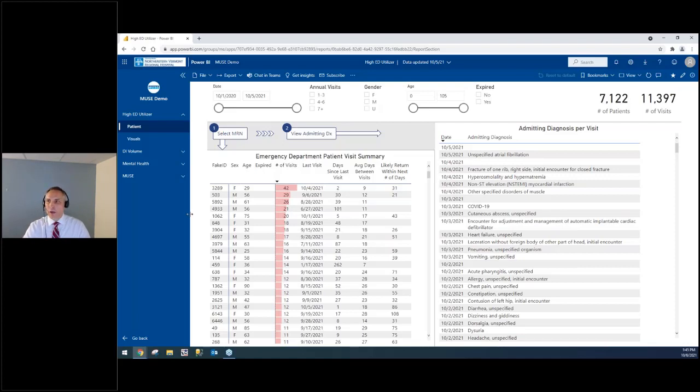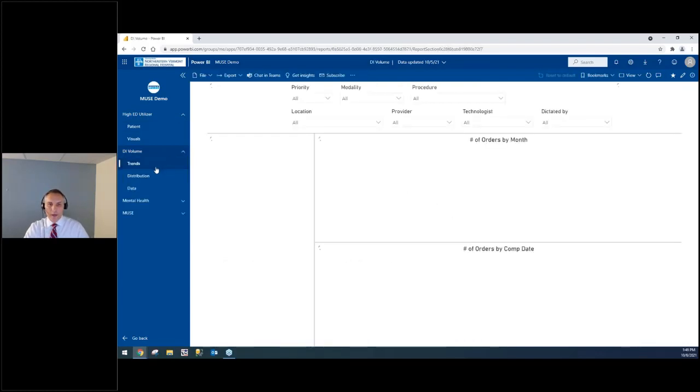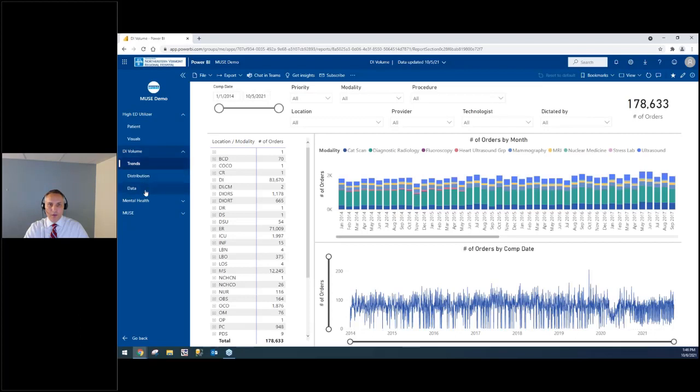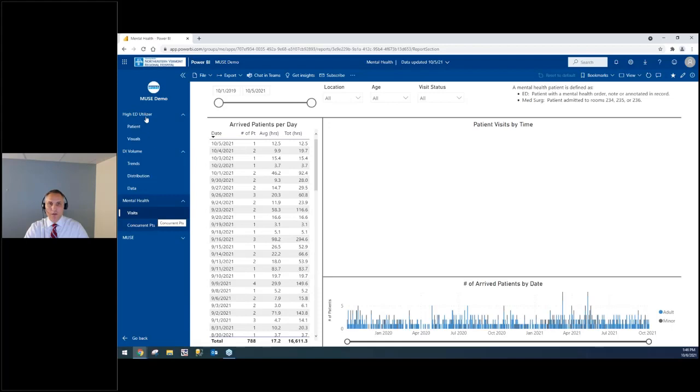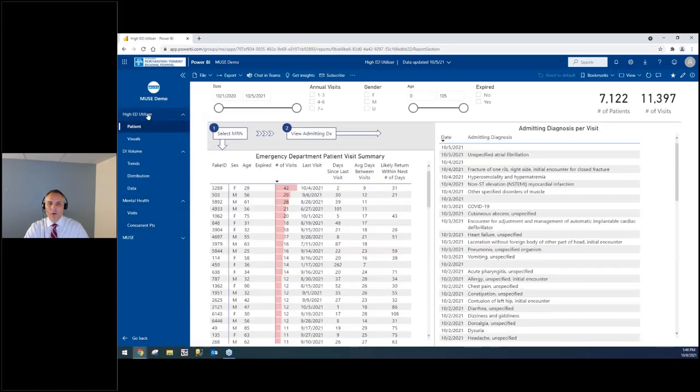So just the format and layout of the display once you're in here. Over on the left, you'll see we have 3 different projects. We have our high ED utilizer project, which consists of 2 pages: the patient page and the visuals page. Right now we're looking at the patients page. Then we have a DI volume project, and if we were to click on that, there are 3 pages. And then we have a mental health project, which has 2 pages. So we're going to go back up to the ED high utilizer and start from there and work through each